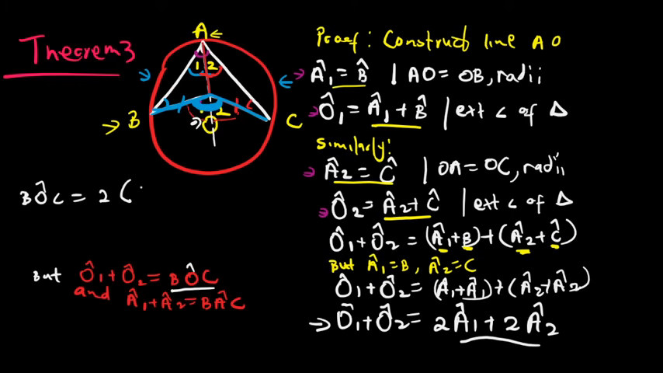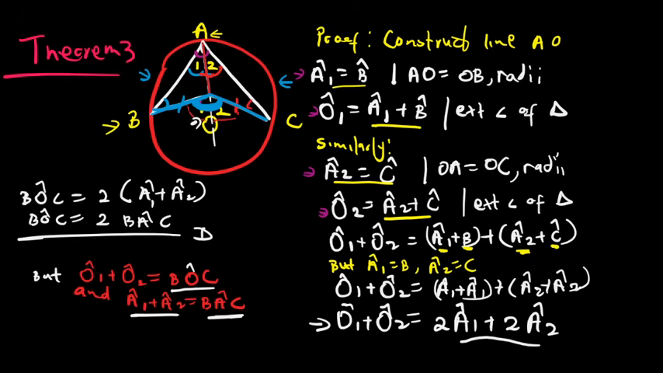So twice A plus A1 plus A2, right? And then I said, instead of writing A1 plus A2, you simply write this. So it's going to be BOC is equal to twice BAC. So now you're done. You've proven Theorem 3. So now let's do Theorem 4,